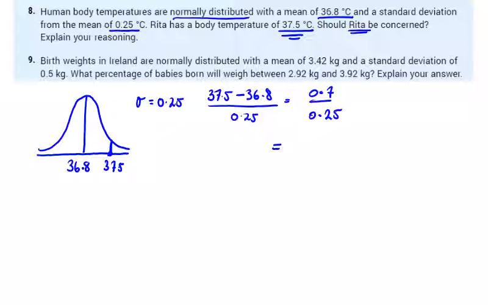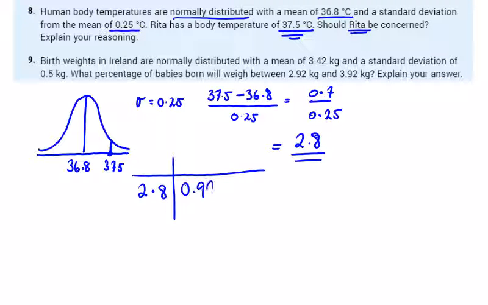0.7 over 0.25 is 7 over 2.5, which is 14 over 5. That'll give me 2.8. So let's look up our z-score table for 2.8. So 2.8 gives 0.9974. So you could say that if her temperature is greater than that, she is in the top